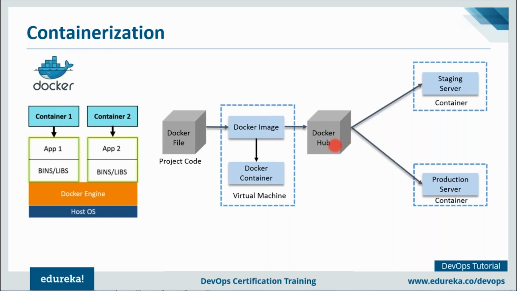And from Docker Hub, any team, be it staging or production, can pull that particular image and prepare as many containers as they want. So what advantage do we get here? Whatever was there in my developer's laptop, the microservice application, the guy who has written that, and the requirements for that microservice application. So that guy is basically a developer, because he's only developing the application. So whatever's there in my developer's laptop, I have replicated in my staging as well as in my production. So there's a consistent computing environment throughout my software delivery lifecycle. I hope you're getting my point.